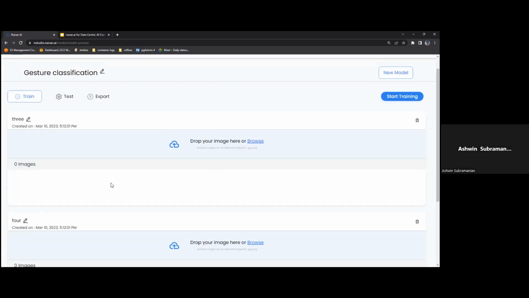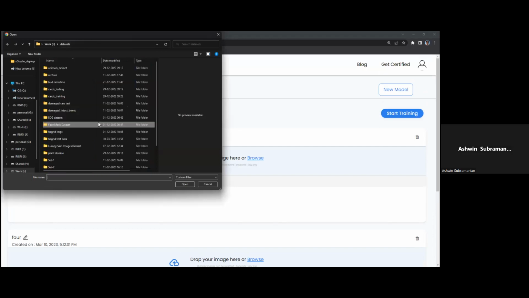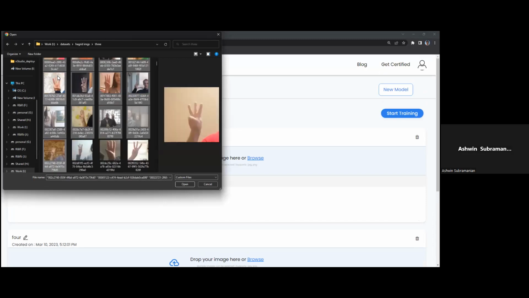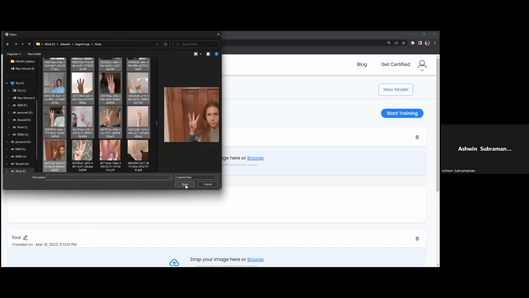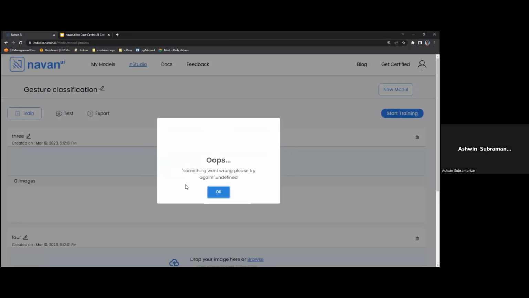I have created a model and defined the classes. Now I can add the data sets here. The minimum requirement we have set is 20. By default, we require at least a minimum of